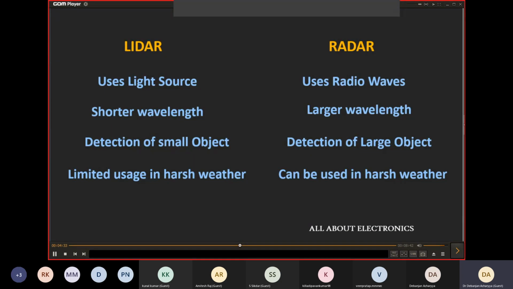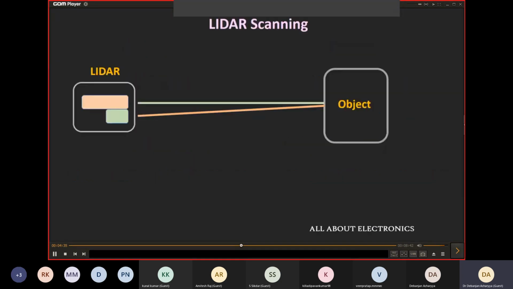Alright, so here is the quick comparison between the lidar and the radar system. As I said earlier,